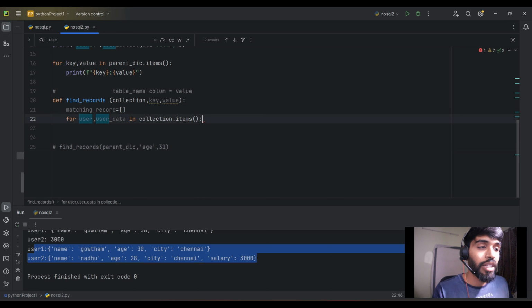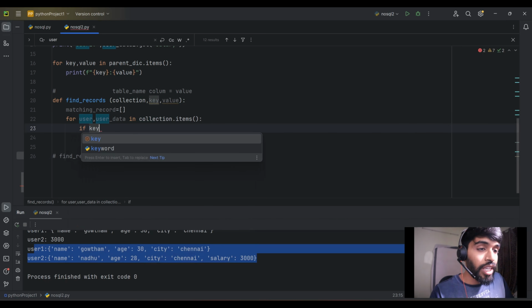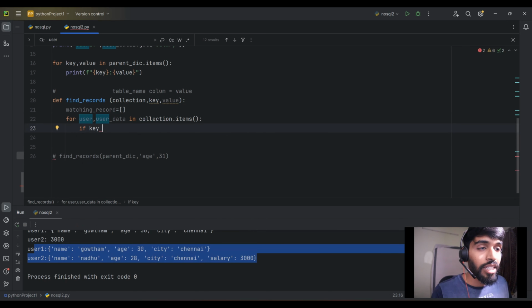Okay, let me continue writing my find record implementation. So I'm doing a for each loop for the iteration to get all the values from the collection. So collection is nothing but your parent dictionary. I'm just iterating all the child dictionaries within my parent dictionary. So now I'm writing an if condition. If key, whatever key you are passing, age is a key. So